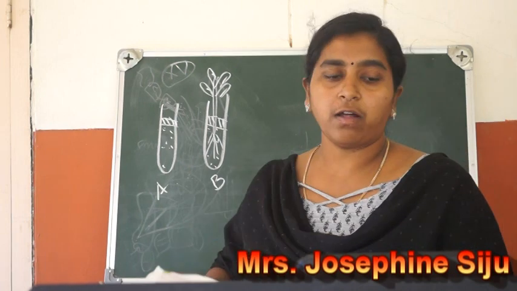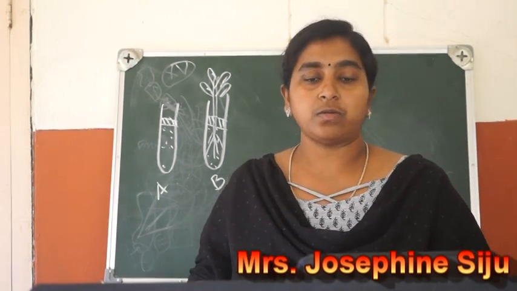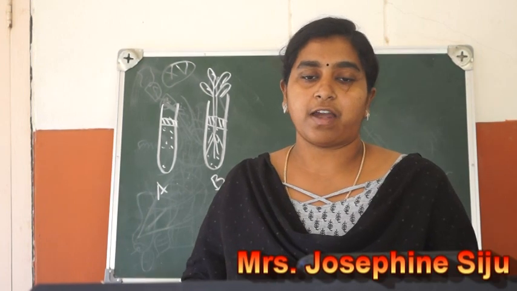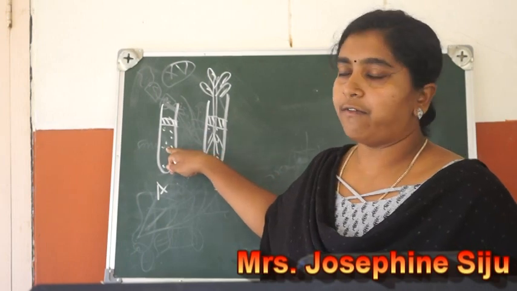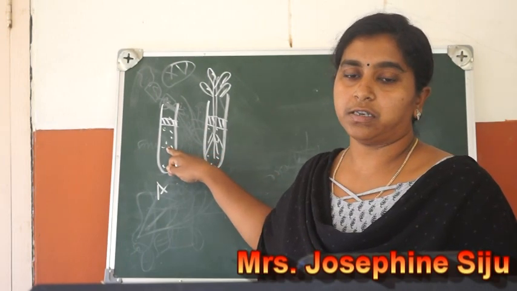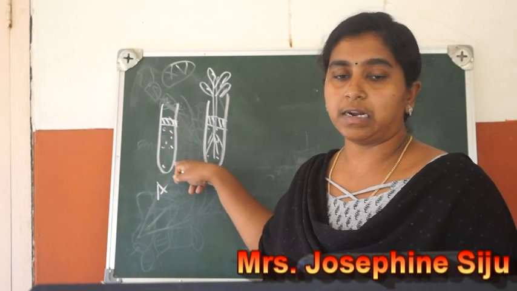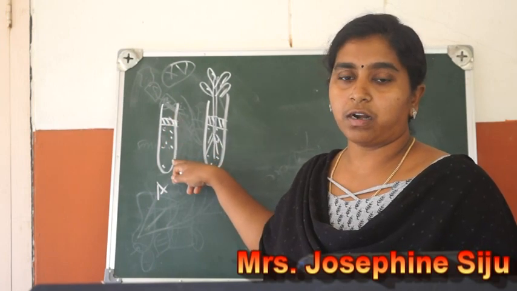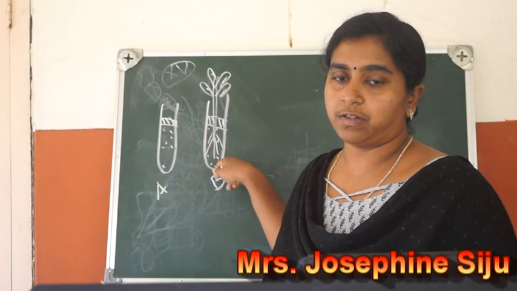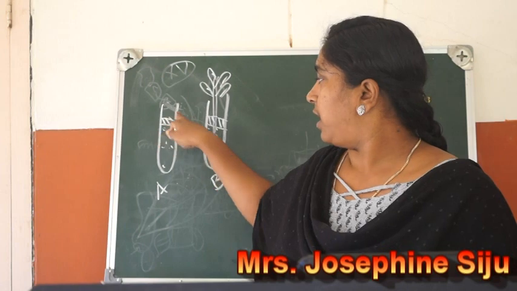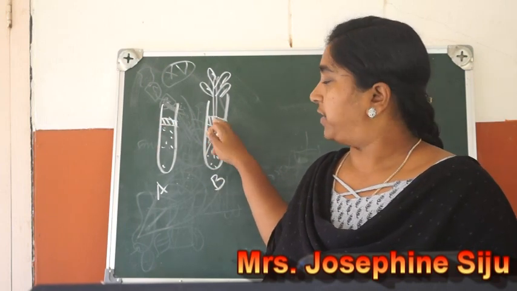So why do we add oil in this experiment? We add oil in this experiment to prevent evaporation. If we don't pour oil, the water will evaporate because of the hot temperature. So if the water is getting evaporated, you won't get a better result, since you couldn't tell whether the level of the water is reduced because of evaporation or because of absorption. For that reason, we add a few drops of oil on top of the water surface.